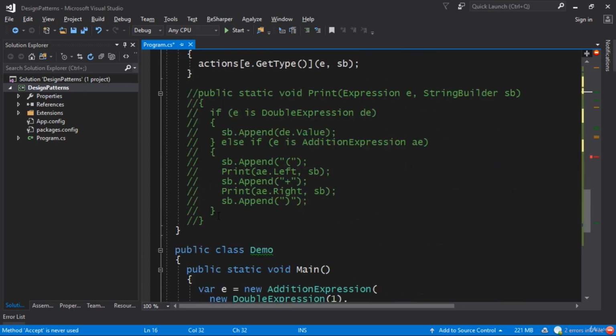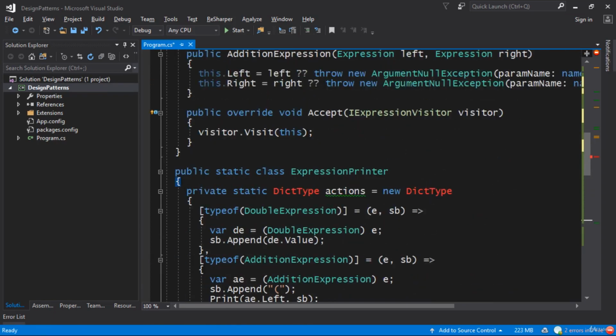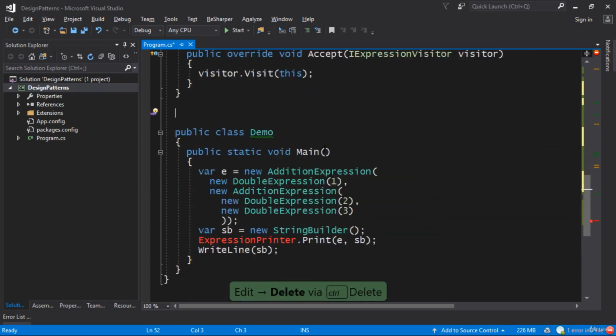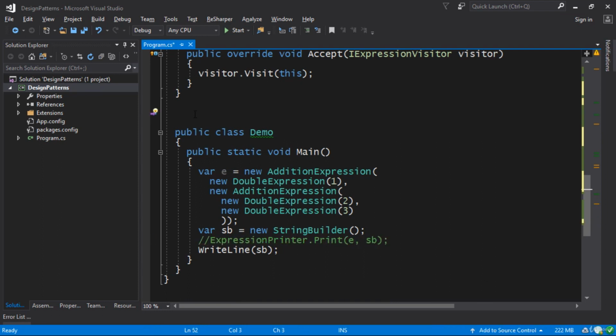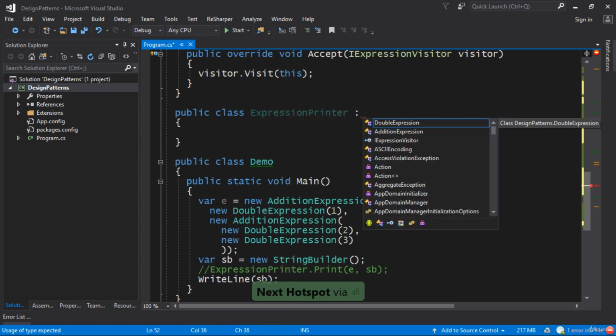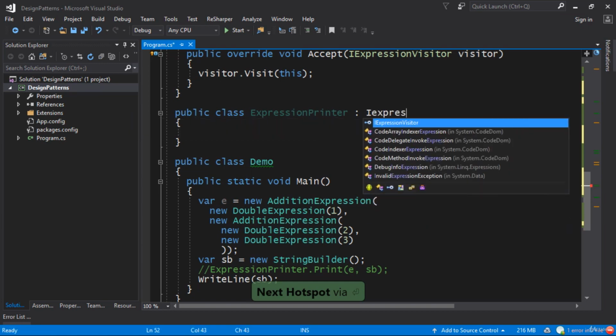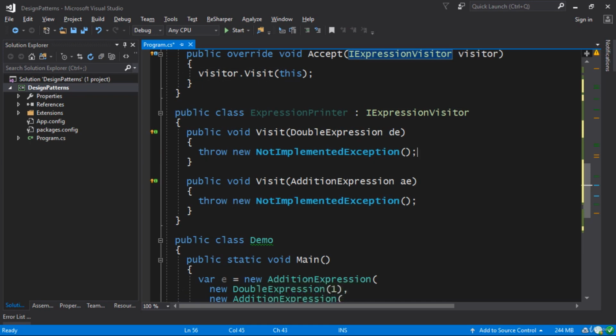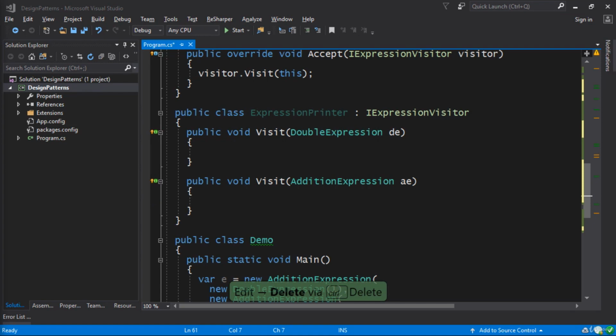So now the actual visitor, the component which is going to visit all of these hierarchies, has to implement the IExpressionVisitor interface. And this allows a certain amount of flexibility because we can do different things, like for example for printing. So we're going to do printing first. For printing, we can make an expression printer. So let's make a class called ExpressionPrinter, and this class is going to inherit from, or implement rather, IExpressionVisitor. So we Alt+Enter, we implement the missing members, and then of course the actual implementation of these two, all it has to do is actually get